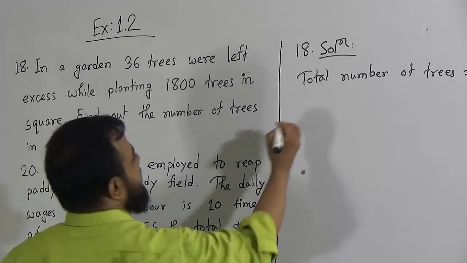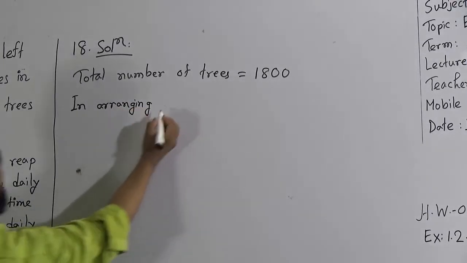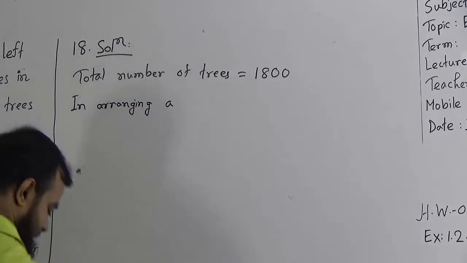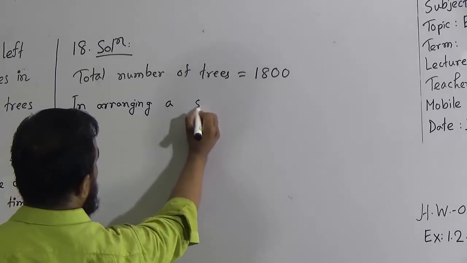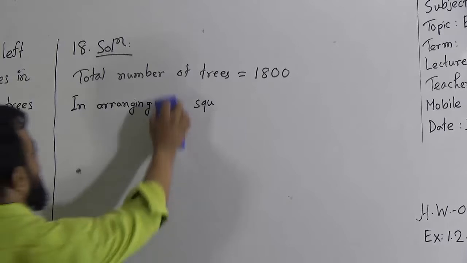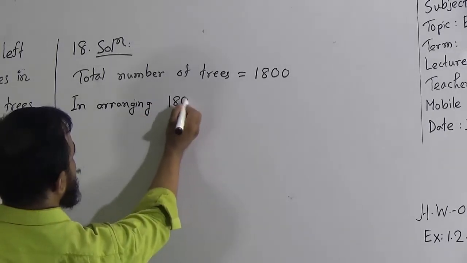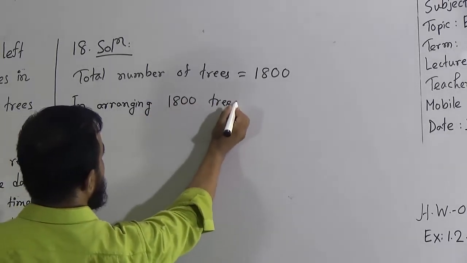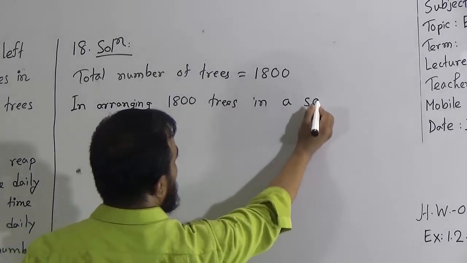So write down: in arranging 1,800 trees in a square form,